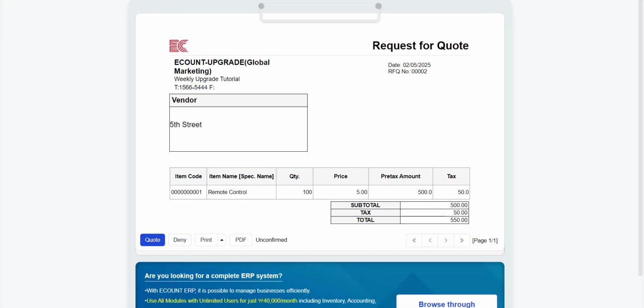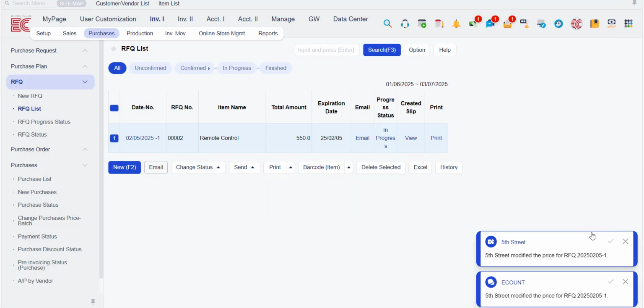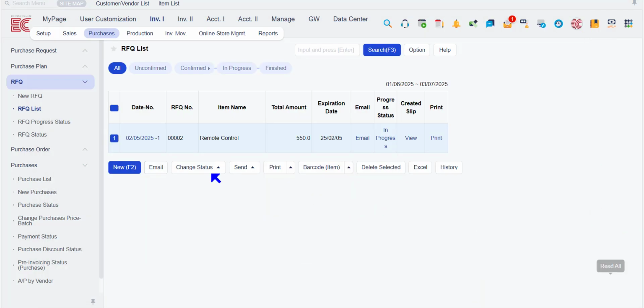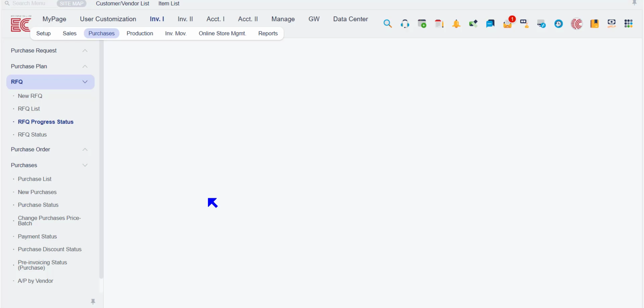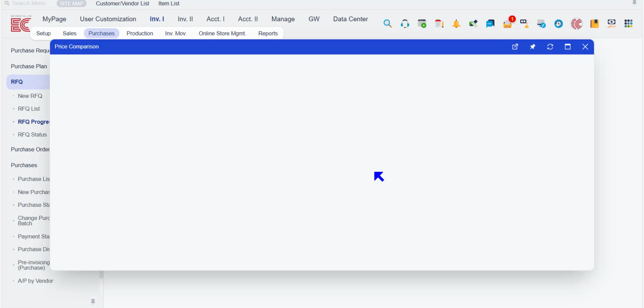Now, once that's done, if you go back to the RFQ list, you can see the result like so. And if you go to the RFQ progress status, you can see that 5th Street has already quoted the price. Now, click on Modify,